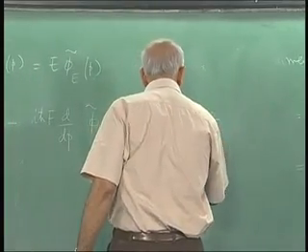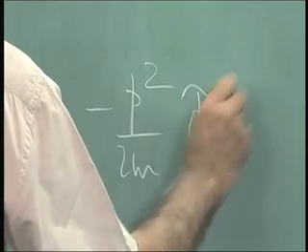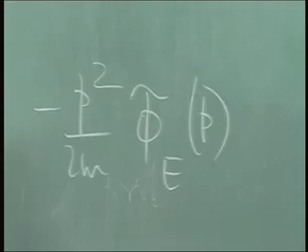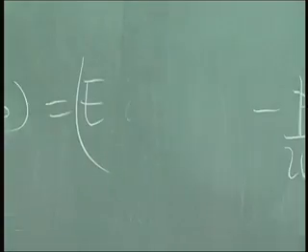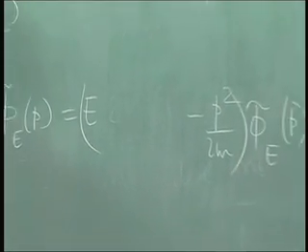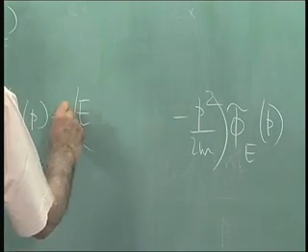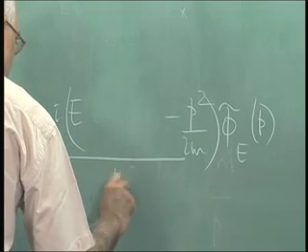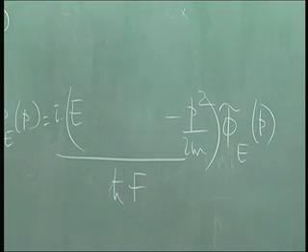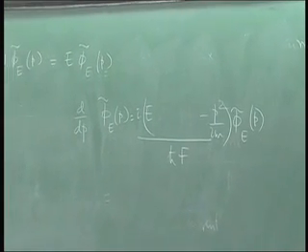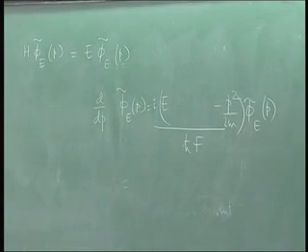minus p squared over 2m phi e tilde of p. So it is E minus p squared over 2m acting on that guy is this equation. I by h cross f, that is it. It is a trivial equation to integrate. You just have to do integral p squared with respect to p, and that gives you a p cubed, and then the other term will give you an EP,